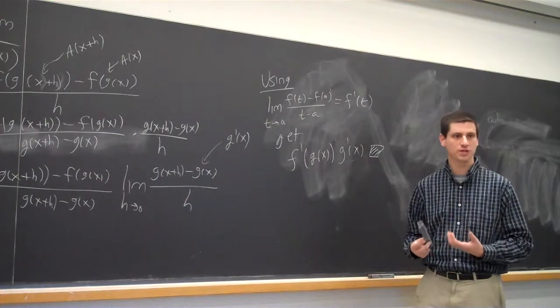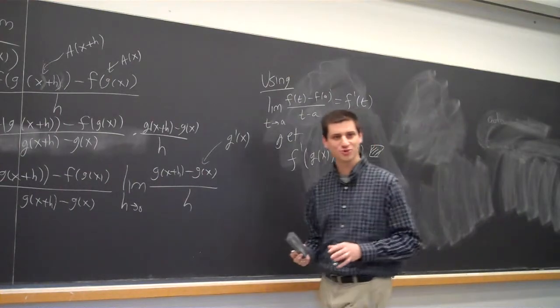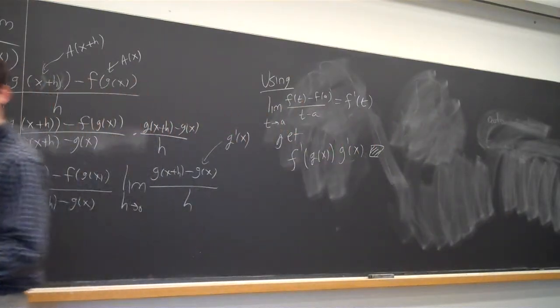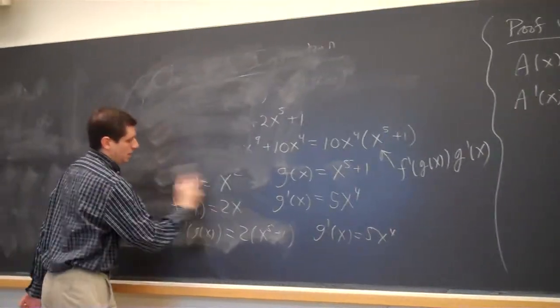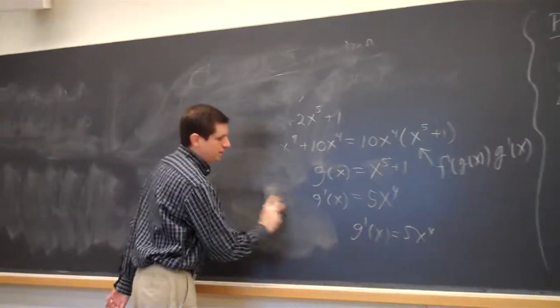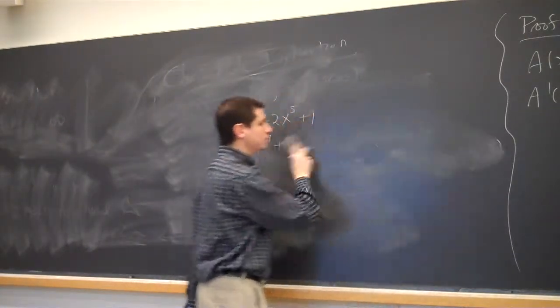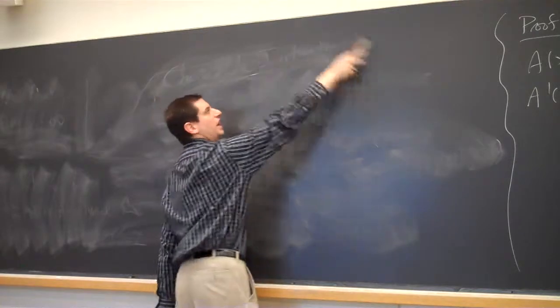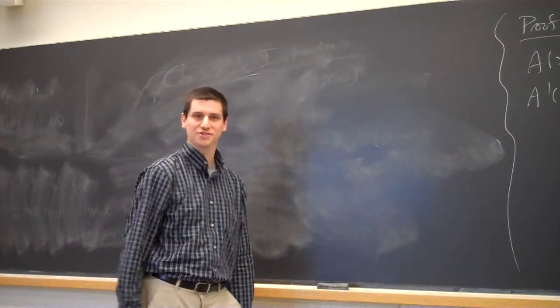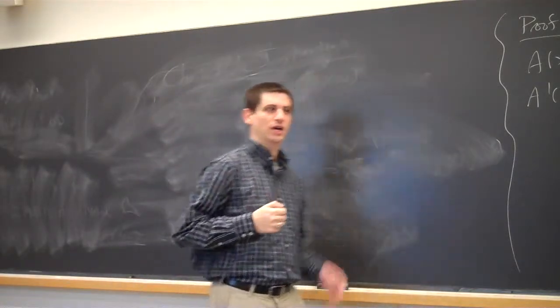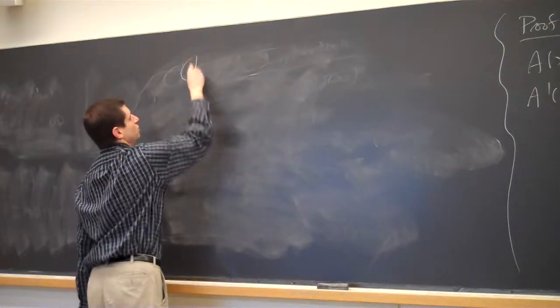I hate the book's notation here, and I don't mind if this is recorded. I think it's very bad notation. I think it's very confusing notation. One of the reasons I don't like the book's notation is it kind of hides the fact that the chain rule is about composition of functions. And so, I think this is real dangerous. So, chain rule,